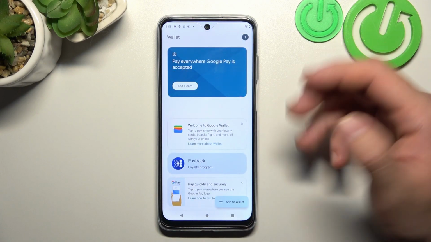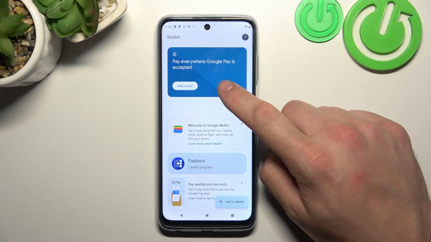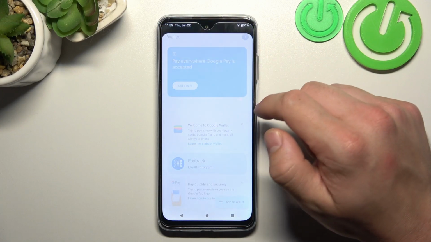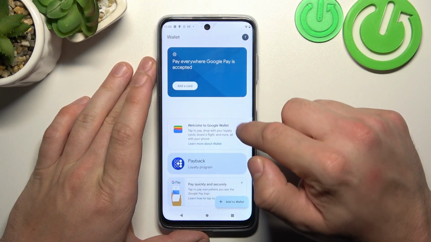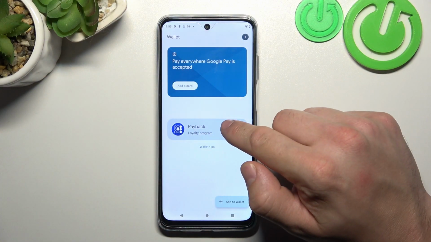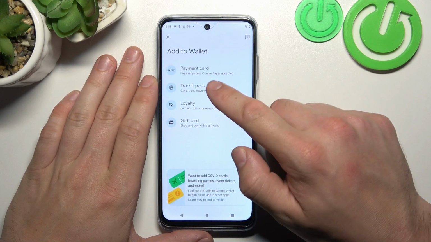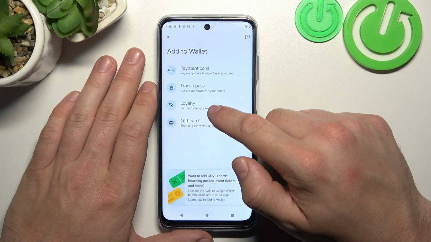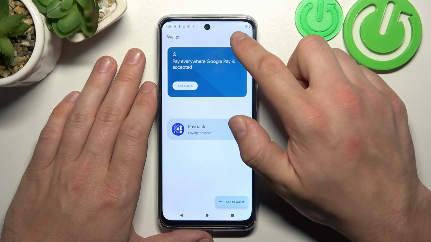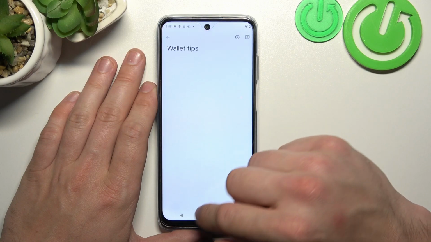And now, as you can see from the homepage of this app, you can add payment cards to your Google account, check quick tips, and manage your passes. Also, you can add new passes to your account, like transit pass, loyalty, and gift card. If you go to menu, you've got access to your Google account, all wallet tips,